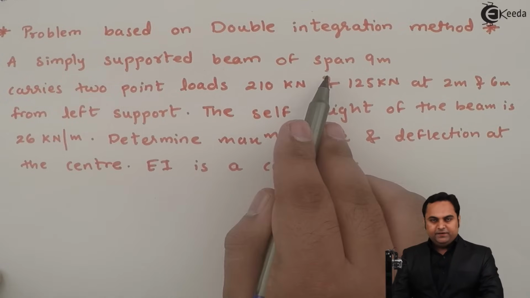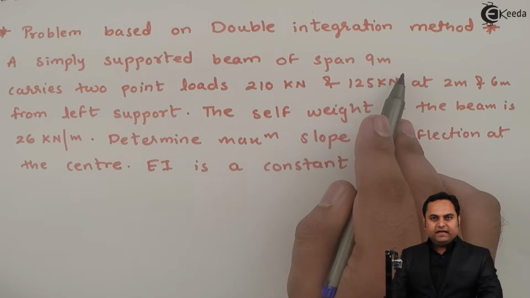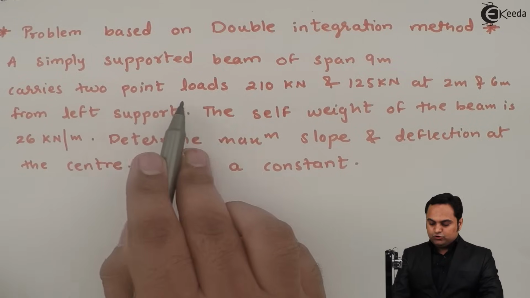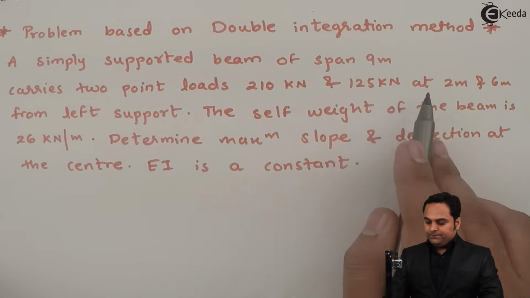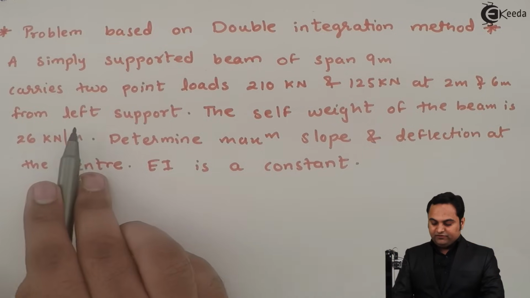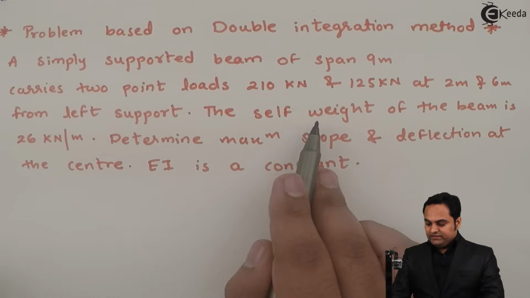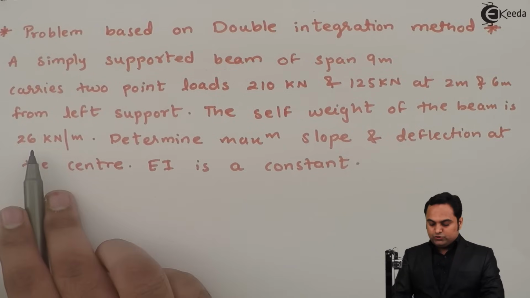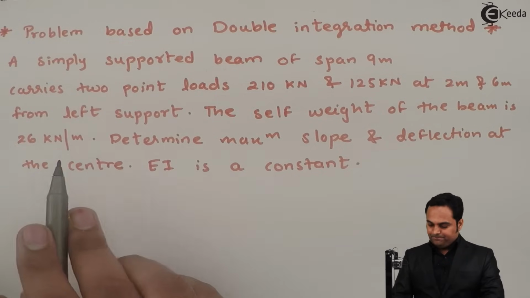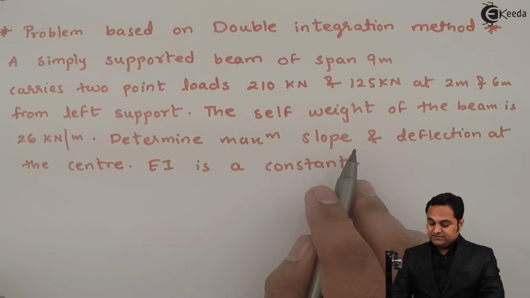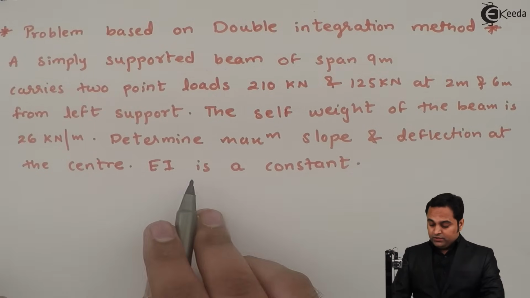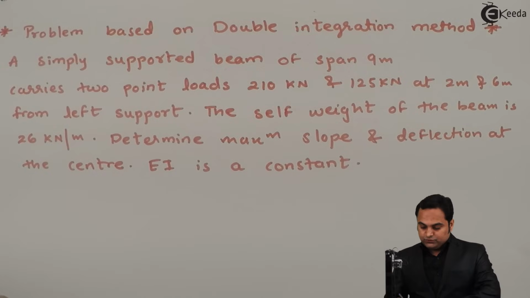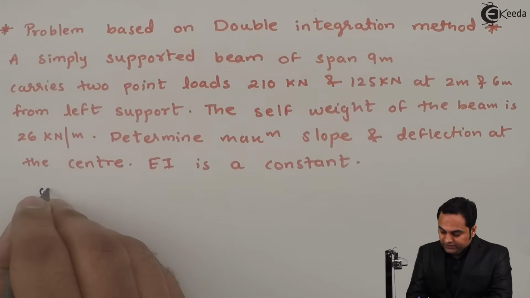A simply supported beam of span 9 meter carries 2 point loads 210 kilonewton and 125 kilonewton at 2 meter and 6 meter from left support. The self weight of the beam is 26 kilonewton per meter. Determine maximum slope and deflection at the center. EI is a constant. So here in the data